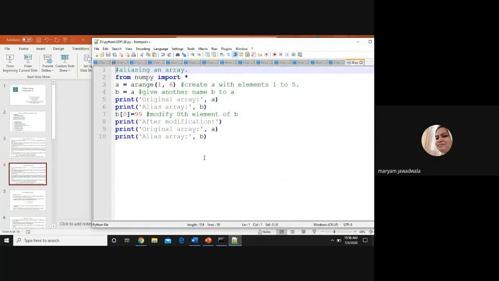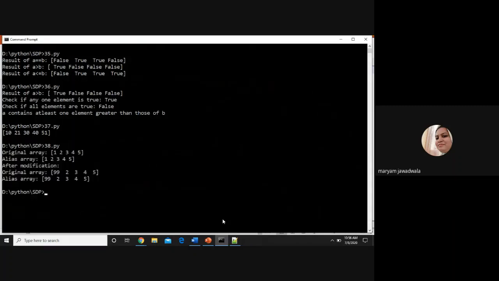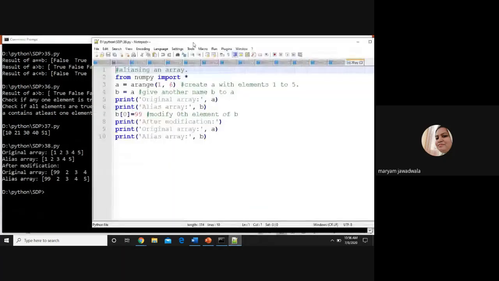So what will be the output, students? Can you guess? The output will remain the same for both arrays, because this is nothing but aliasing of the array. The same array is referred to by two different names.